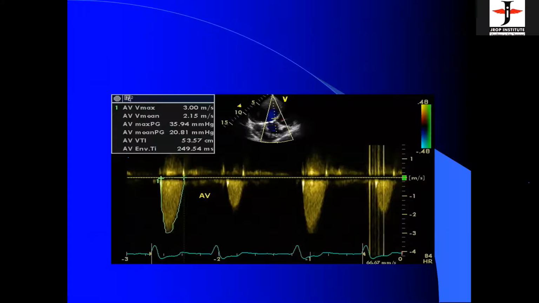But how to differentiate whether it is a physiological aliasing or pathological? Whenever you have a doubt whether anything is physiological or pathological, go to a CW Doppler. Aliasing is usually not a sign of disease; we have shown you turbulent flows, and aliasing is entirely different from a turbulent flow. Whether you are doing a pulse Doppler or anything, if you are doubtful whether it is physiological or pathological, go to the CW Doppler. And if your velocities are fairly normal, that means it is not a pathological one.